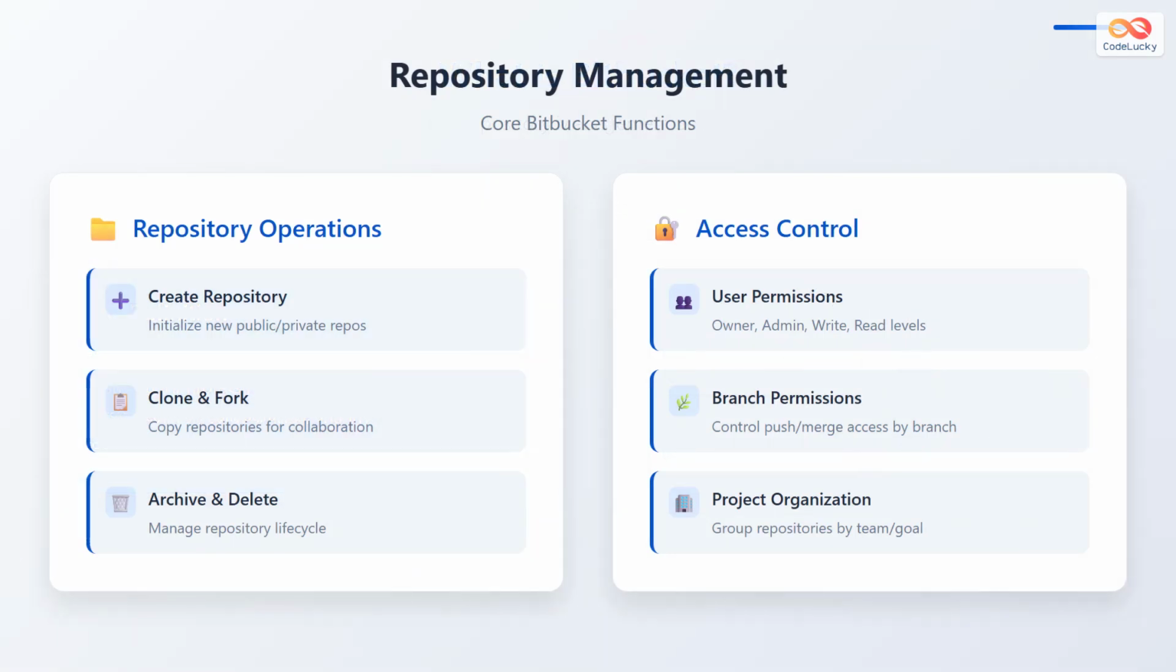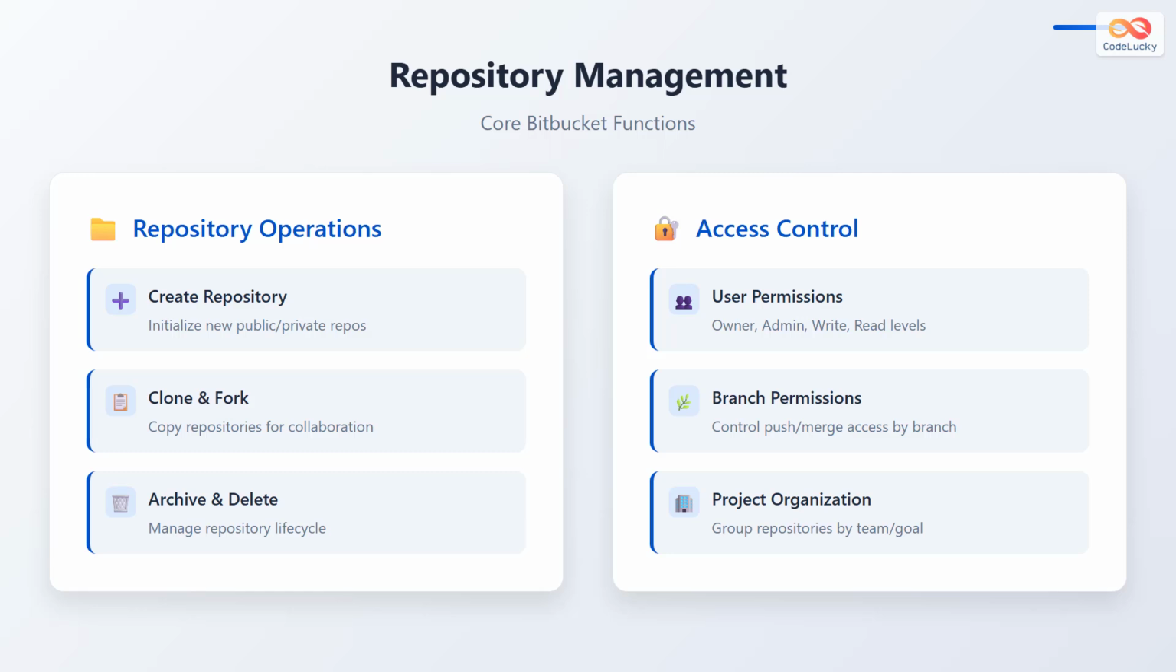Repository management is one of the most fundamental aspects of Bitbucket that interviewers frequently ask about. Repository operations include creating new repositories, which can be either public or private depending on your team's needs. You can clone repositories to create local copies for development, and fork repositories to create independent copies for experimentation or contribution to open-source projects. The platform also supports archiving repositories when projects are completed and securely deleting repositories when they're